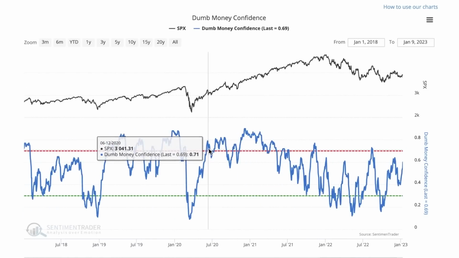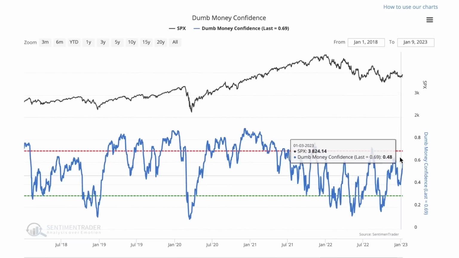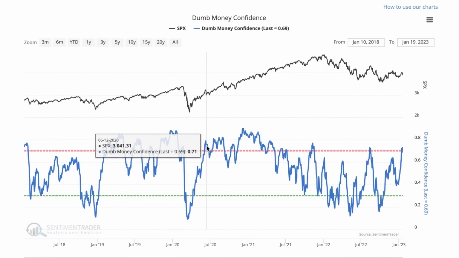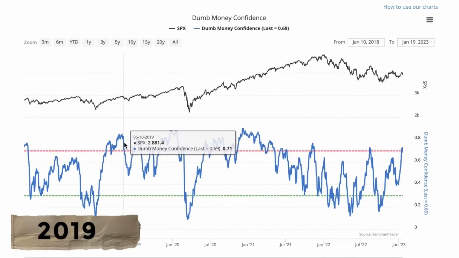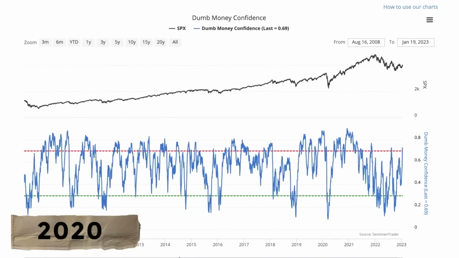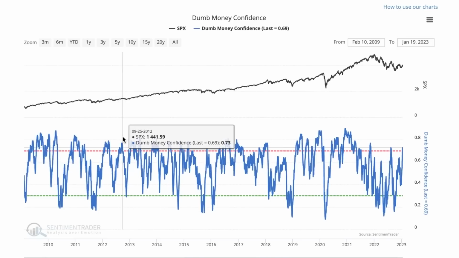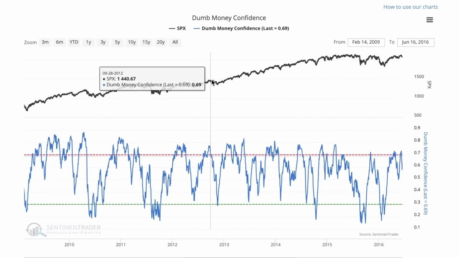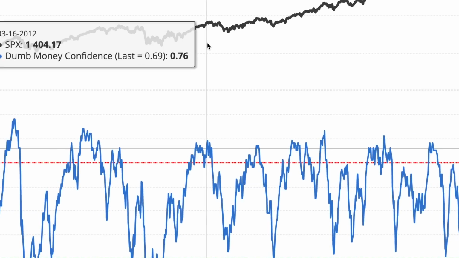But let's zoom out, and you can see that there are periods during sustained uptrends where dumb money can stay above that red line, which is where we currently are, for sustained periods of time. That was the case right here throughout 2021. You can see in 2019 that remained the case almost until 2020, with brief dips of course, but the market was trending higher throughout this period. And then you had several moments throughout the bull run where dumb money spiked above that red line. Now, in a lot of these cases, you had short-term consolidation, short-term corrections in the market. Spike, consolidation, spike, consolidation.